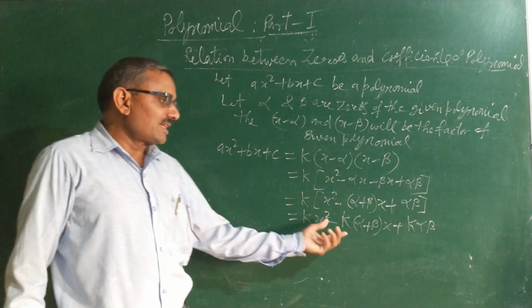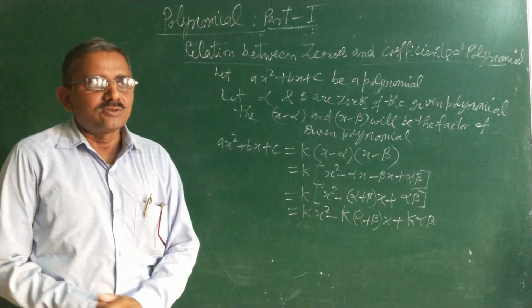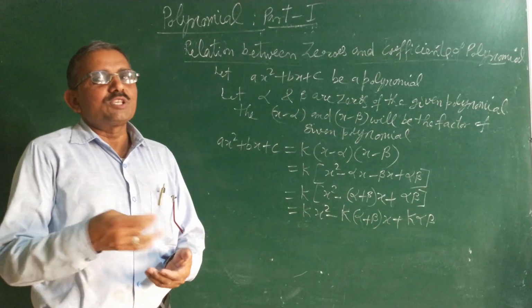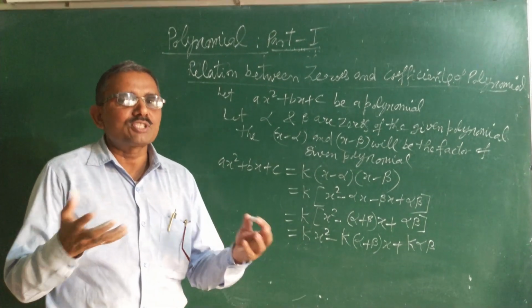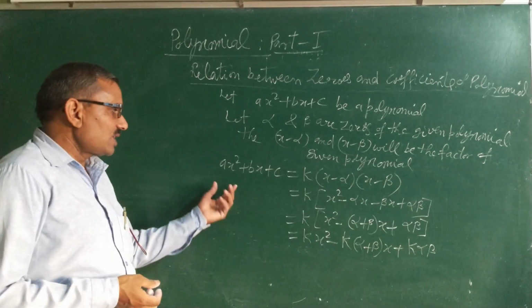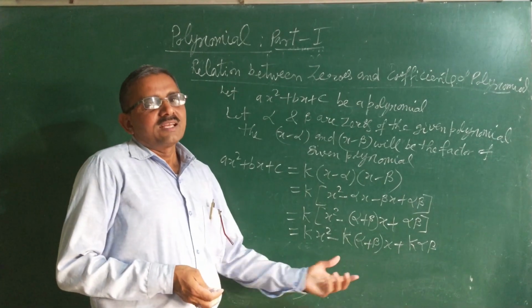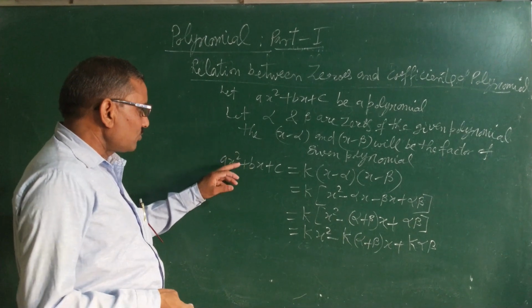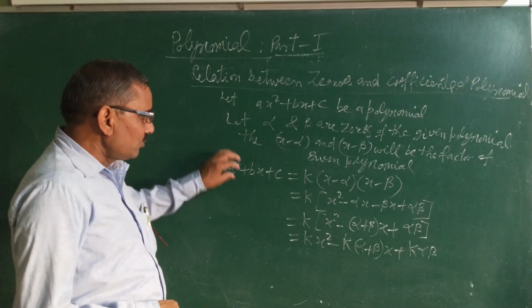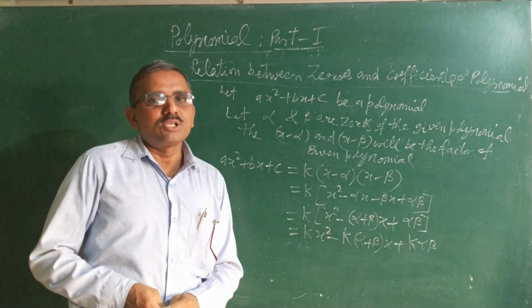Now two polynomials are equal. Here if two polynomials are equal, then it can also be said to be an equation. Now if the left side is equal to the right side, then it is possible only when the coefficients of the same power of the variable on both sides are equal.